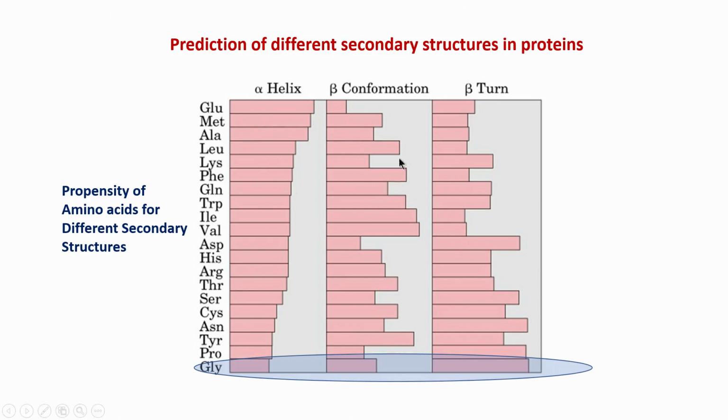So, this is the kind of information which is needed to find out, without going to any experimental data, what the different structures in the protein are. You can see glycine here has the least tendency to be in a helix, not a very high tendency in beta sheet, but a very high propensity to be present in beta turns. Similarly for proline: its secondary structure propensity for helix decreases, while its propensity for beta turn increases. You can see that trend here and so on.